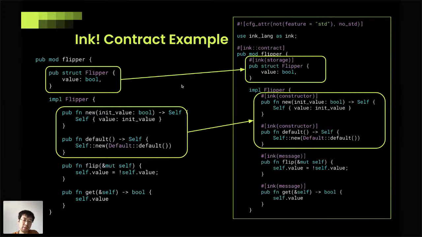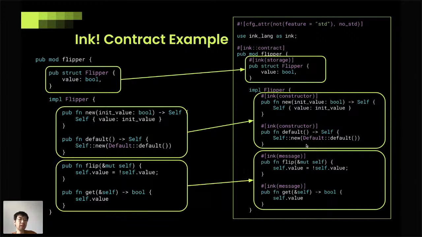Yes, and the next part is the constructors, which are just the initiate functions for the contract to set the initial state of your contract. In this case, it provides two constructors: one lets you force the init value, and the other gives you the default value. And the third part will be the real functions for people to use in your contract. There are two functions, and there is a little difference.